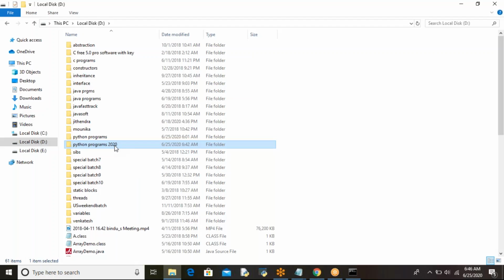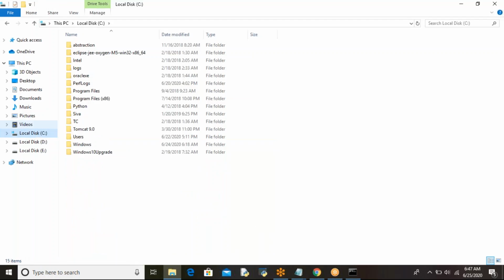There I edited the text and added dot semicolon, because dot indicates the current directory. That makes it possible to create a folder anywhere in your system, not only in the Python directory, and execute the programs. I think I did not do that, and that's why I got the error: module not found, no module for py_compile. So we have to add that.